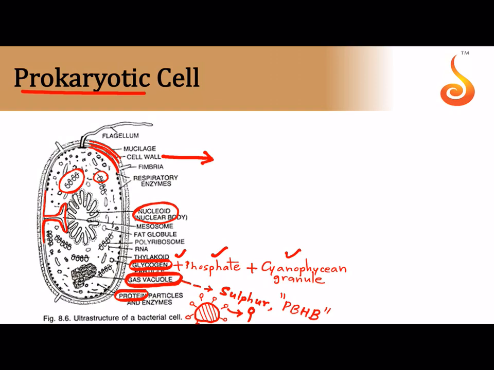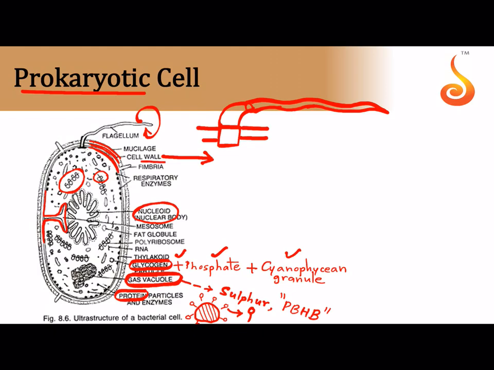Notice that there are locomotory structures which are called flagella. The flagellum of a bacterial cell has a basal body attached partly to the plasma membrane on the inside and the cell wall on the outside, and it has a curved hook like this. From the curved hook, a rigid, hollow structure originates, and it is made up of individual protein subunits which are referred to as flagellin, unlike the flagellar structure that you see in eukaryotic cells.